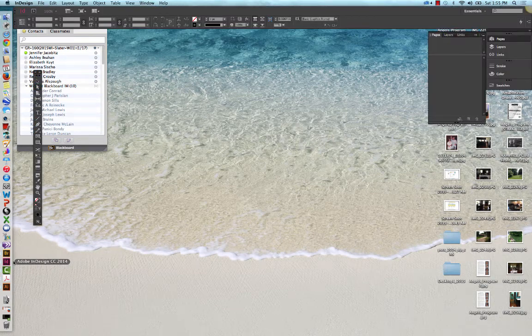Hey y'all, I'm back. We're working in the textbook Adobe InDesign Revealed Creative Cloud by Chris Botello, and we're in chapter 6, which focuses on graphics, placing graphics and links. We are going to open up